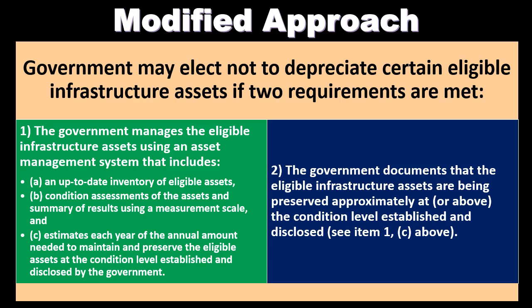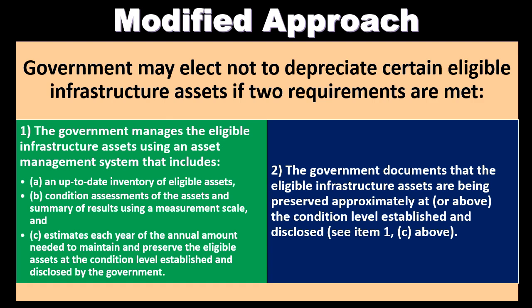So government may elect not to depreciate certain eligible infrastructure assets if two requirements are met. So here are the two requirements if we use the modified approach. Modified approach means that we're not going to have the same type of depreciation on the infrastructure type of assets as we would with other types of capital assets. Number one, the government manages the eligible infrastructure assets using an asset management system that includes A, an up-to-date inventory of eligible assets, B, condition assessments of the assets and summary of results using a measurement scale, and C, estimates each year of the annual amount needed to maintain and preserve the eligible assets at the condition level established and